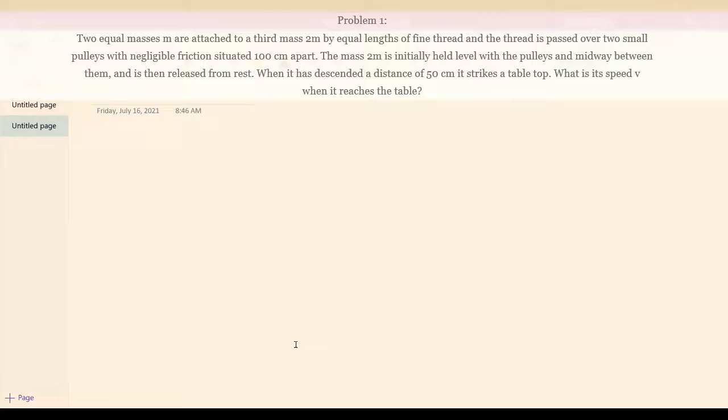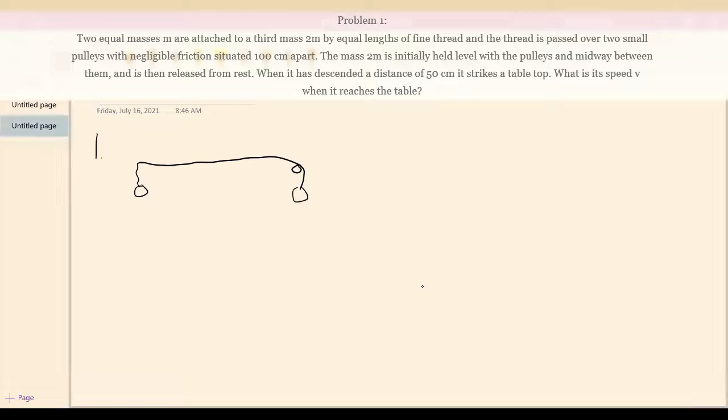For the first problem, we have this setup of a mass here, and they are connected by a string like this, passed over two pulleys here, and then